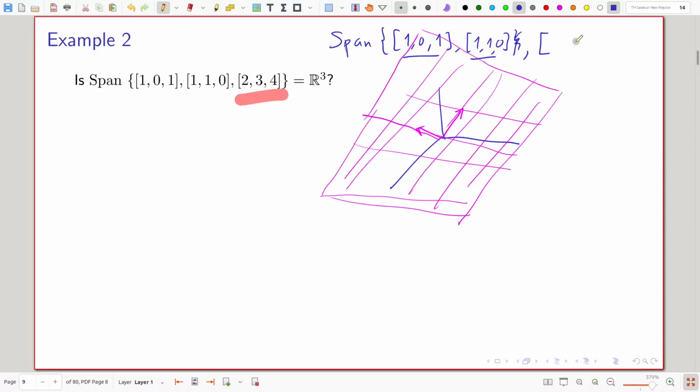ยกตัวอย่างเวกเตอร์ที่เป็น linear combination ของสองอันแรกให้นิดนึงครับอะไรดีเอาง่ายๆ 2 1 1